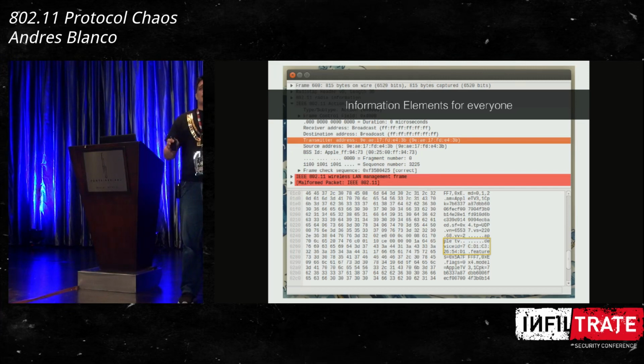So iOS devices have the same issue. I think that at some moment after iOS 9.3, they fixed it. So now they are not leaking the real MAC address, and they put the randomized MAC address inside the frame. But before, they were sending the real MAC address inside the frame. So MAC randomization was implemented and broken at the same time. And they are also leaking the name of the device. So if you want to target someone, you can see these frames that are injected into the air, and you can know whose device it is. Okay?